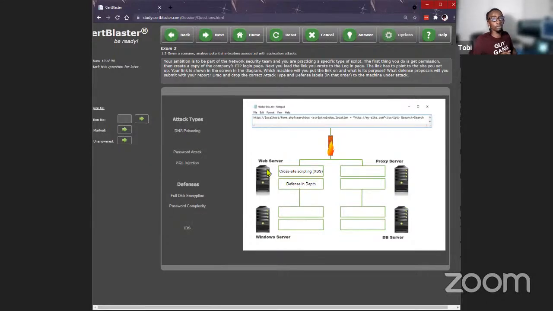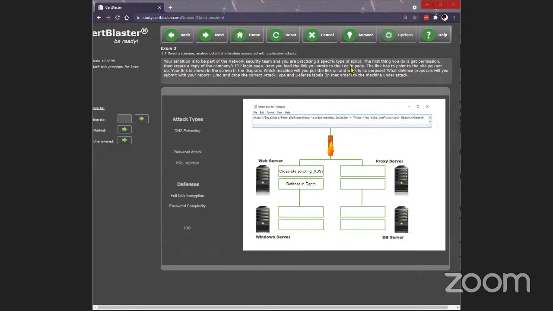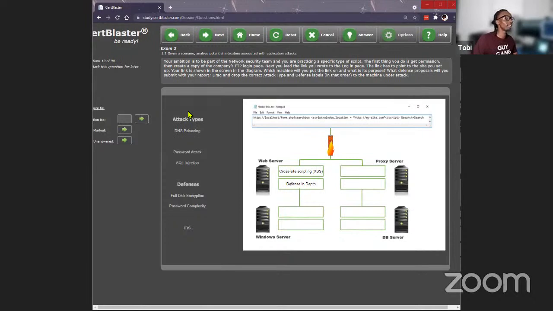And does anybody not understand why we put it on the web server? Oh, I see you all are giving me answers. Good job, Miss Desi. Is it because it's a stored script? Yes, good job. A stored, also known as persistent, cross-site scripting attack is going on right here. That's one of the reasons.